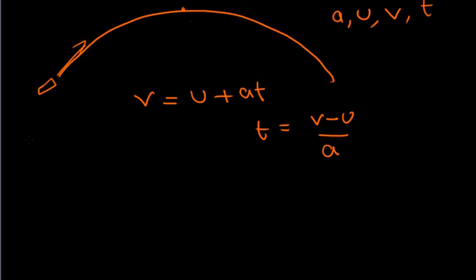So we know three variables. We know the initial velocity in the x direction, and we know the acceleration. The acceleration here is 0. Do you know why that is? Because the force of gravity only acts downwards. It does not act sideways. So our horizontal velocity will not change.